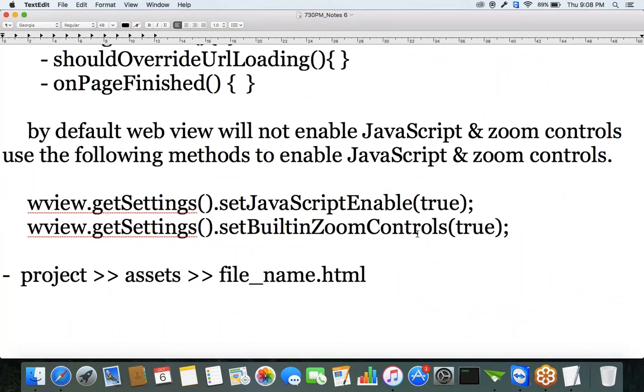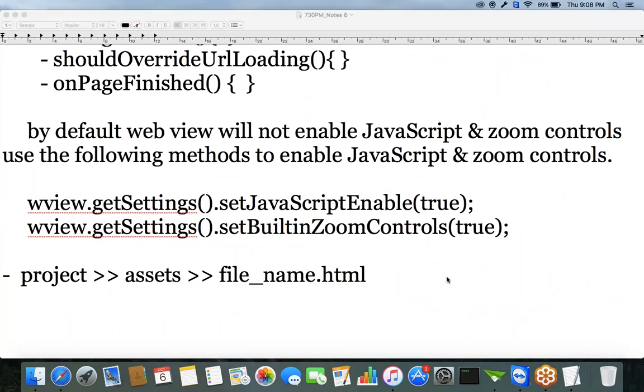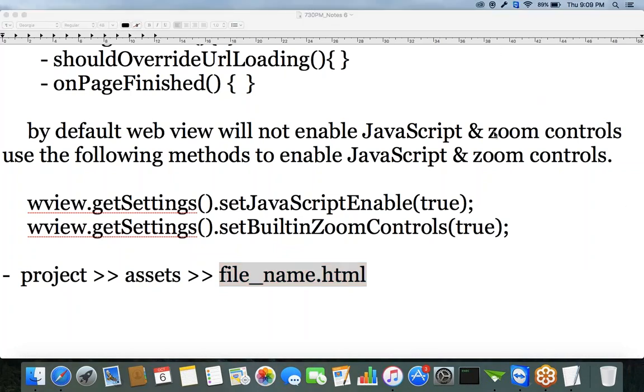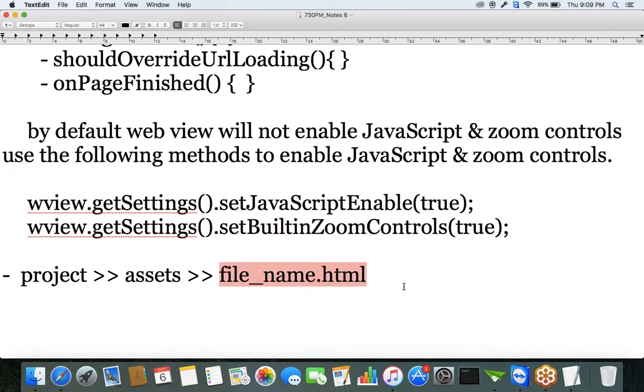So these two steps we have to discuss now. See, if you want to display HTML files, you can place the HTML file in the assets folder. In your project's assets folder, you have to place an HTML file, filename.html. So if you want to display this HTML file,